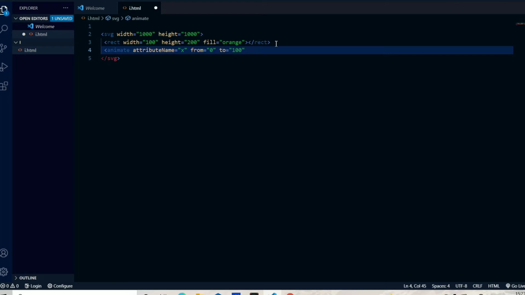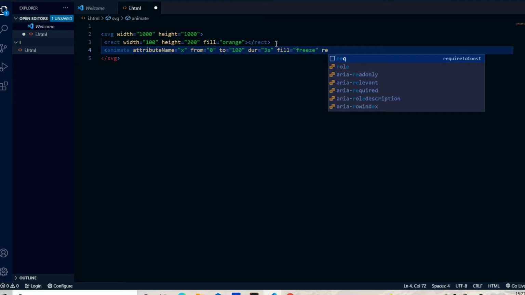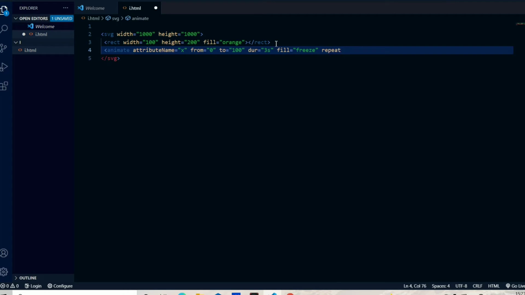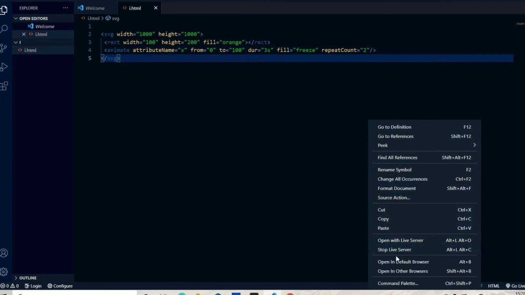It is starting from 0 and moving till 100 with a duration of 3 seconds. And I use fill freeze, and next I use the repeat count. It has to be repeated 2 times, and I complete it. I save it and open it in a default browser.